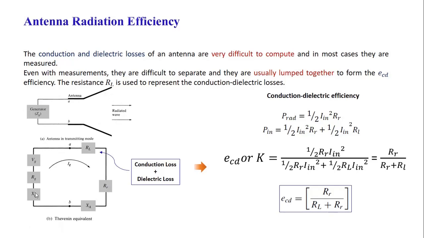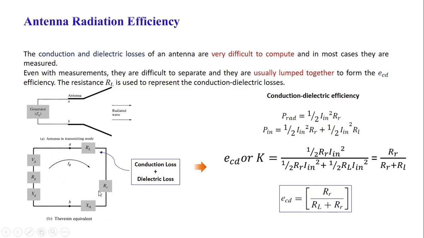So now consider if a current is fed to this antenna. If we consider that current to be I in, the antenna starts radiating. This radiating nature of the antenna is represented with the radiation resistance. You can see in the figure that it is represented by RR. So whenever the current is fed to this antenna, what happens? It will start radiating. This radiated power will appear across this radiation resistance RR.